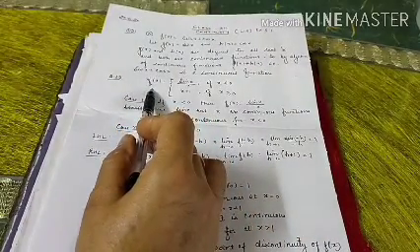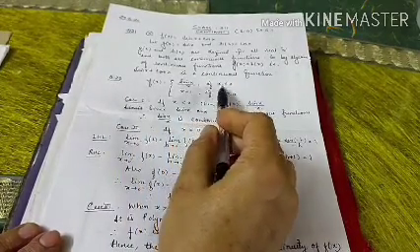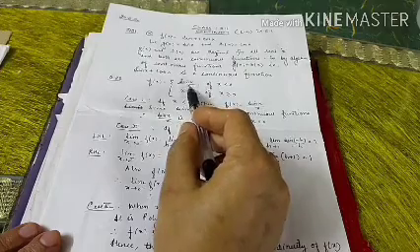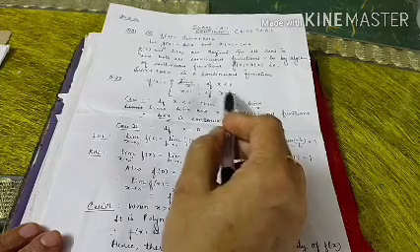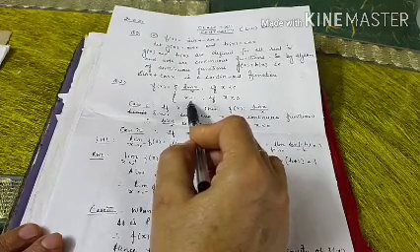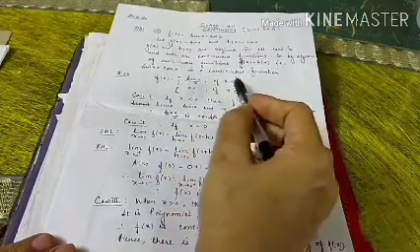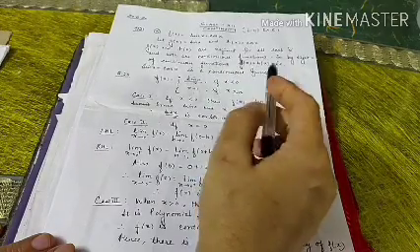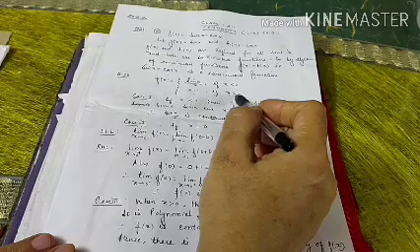Now this is question 23. We have to find the points of discontinuity of the function f(x) = sin x / x if x is less than 0. Means for all negative values of x, the function is defined as sin x divided by x. For all positive values of x and at 0, the function is defined as x + 1. Now, because here the domain is bifurcated in two parts, for x less than 0 and for the points x equal to 0 and x greater than 0, we have three cases.